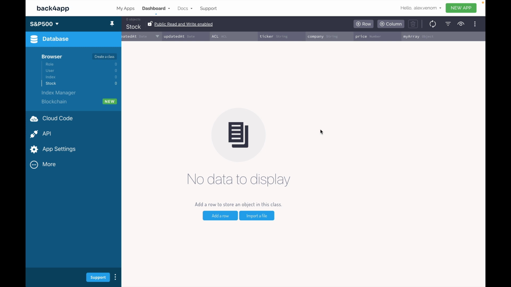So here I am at my Backfrap account where I have the S&P 500 app that I created, and I have my stock class with a few properties that I enumerated in previous videos. And if I want to recreate this database in another app, using its schema is the easiest way to go. And to get this schema, one of the easiest ways to do it is to ask the Backfrap plugin for ChatGPT. So here I am at